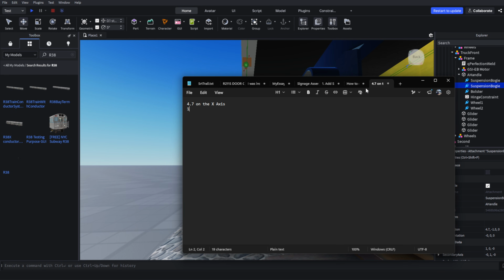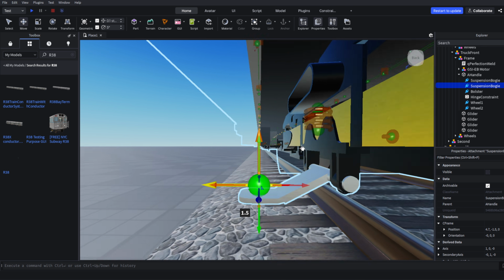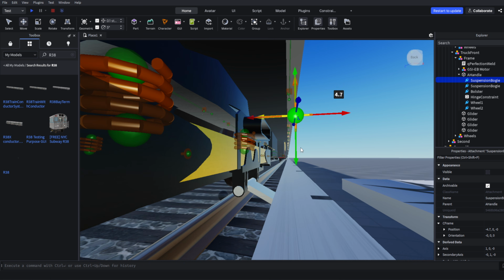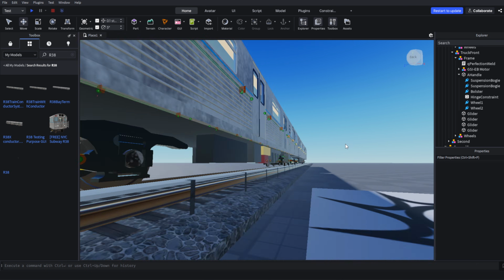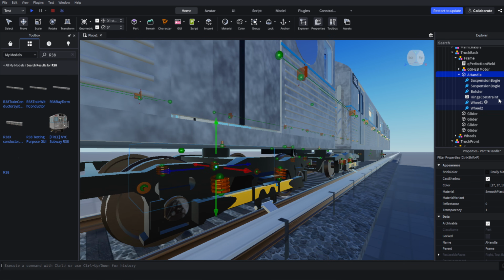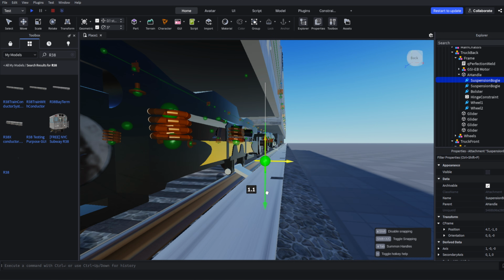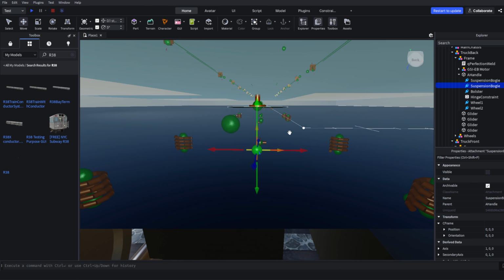It's 1.5. Oops, sorry, on the y-axis. So we're going to duplicate exactly that, of course, just for the other side. So 1.7 and then 1.5. And then you can do exactly that for all the other A handles as well. So you can do 1.7, 1.5. Get the other side,